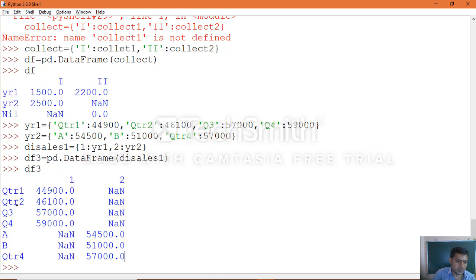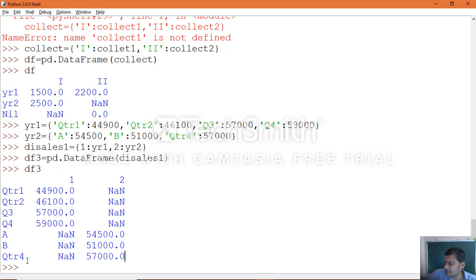Quarter1, quarter2, Q3, Q4 are the year1 keys, and the year2 keys are A, B, quarter4. So that is the answer: the index labels of df3 will include quarter1, quarter2, Q3, Q4, A, B, quarter4. The total number of keys here is 7.